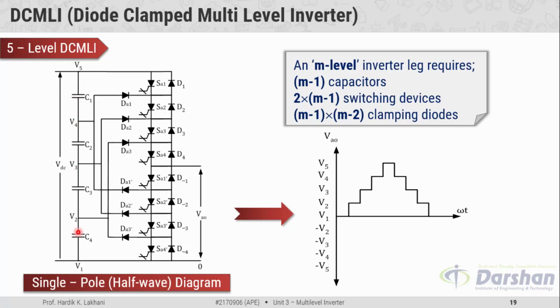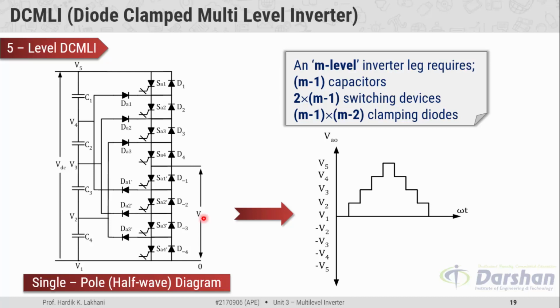So the voltage distribution across each capacitor is the same. The complete DC voltage gets divided into 4 equal parts. The first part appears across C1, second across C2, third across C3 and fourth across C4. Now let us understand how to produce this kind of waveform using this single pole of 5-level diode clamp multi-level